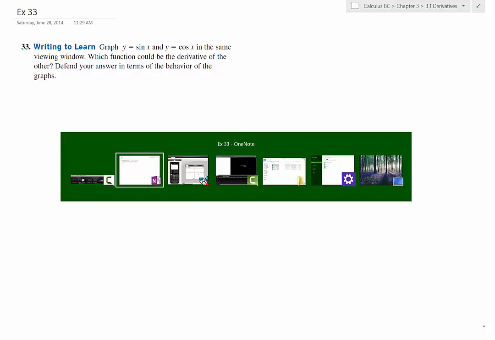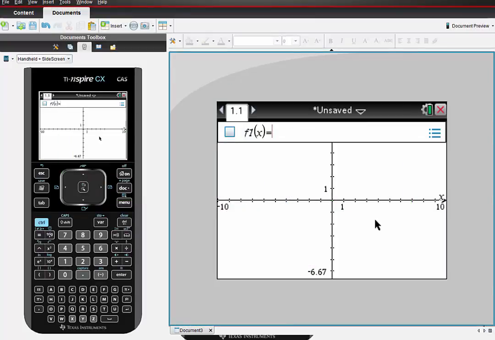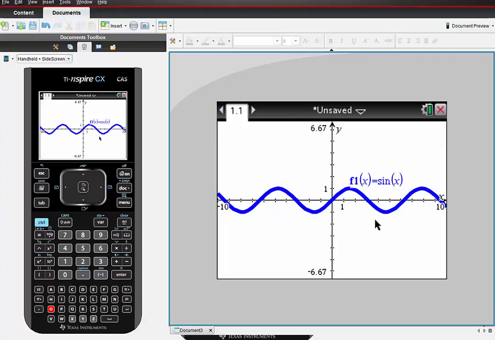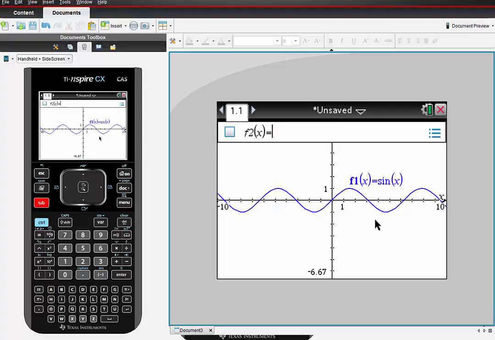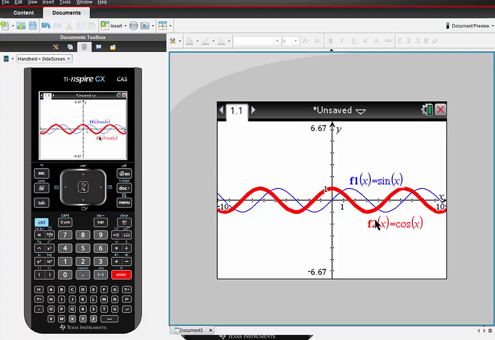So let's go ahead and switch over to our grapher, and let me get the sine curve graphed here. And let's get the cosine curve graphed as well. And there we have it. Okay, now let's take a look at